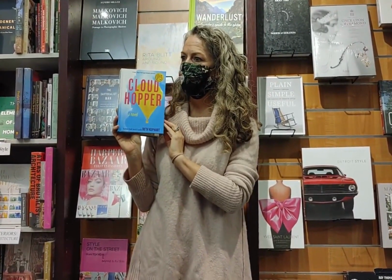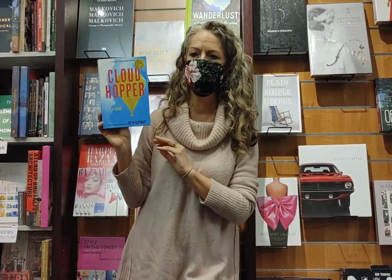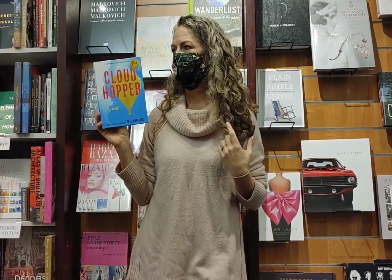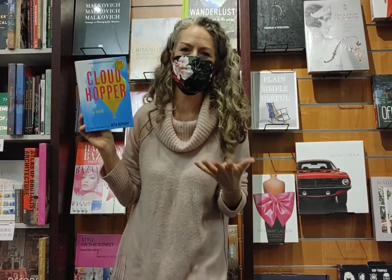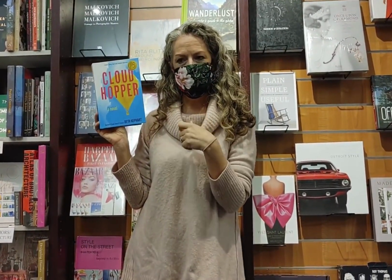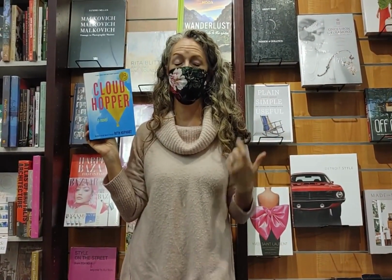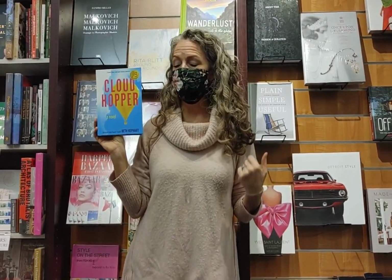It is about 3 friends, all of whom are not quite orphans, but live in very alternate family structures, or some of them have their parents missing, and they live around a local airport. And one day they see a cloudhopper, which is essentially a hot air balloon for one person. And they watch this cloudhopper, and then they watch the storm approaching, and the hopper goes down. And so they run and they find the hopper, but no one knows who the hopper is. She's a young girl,